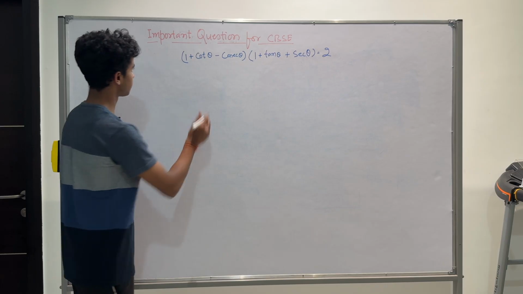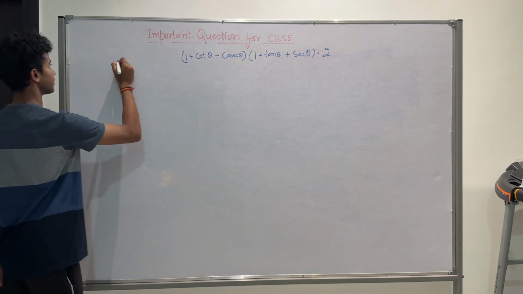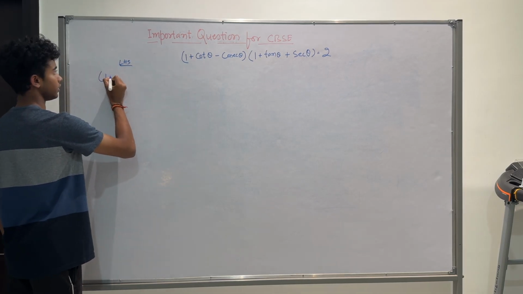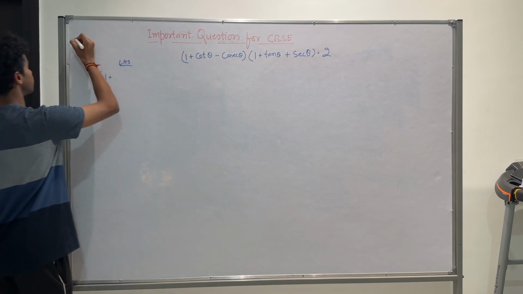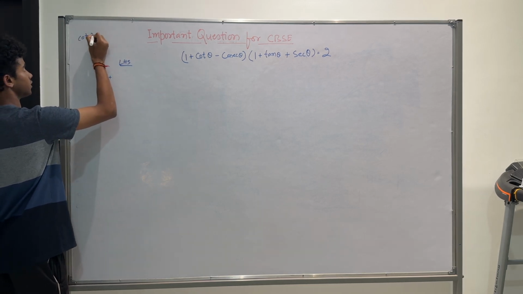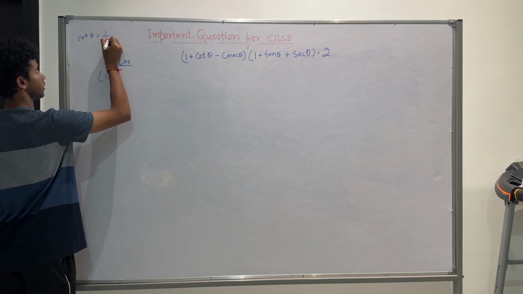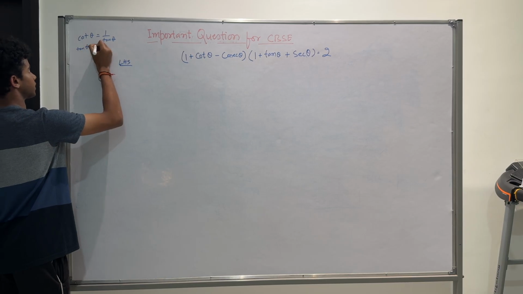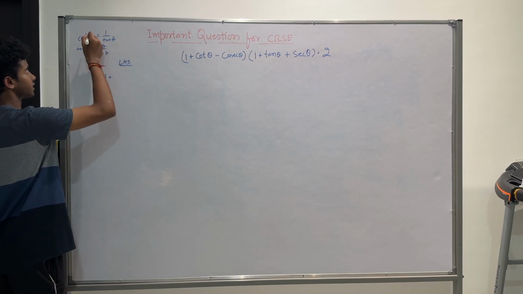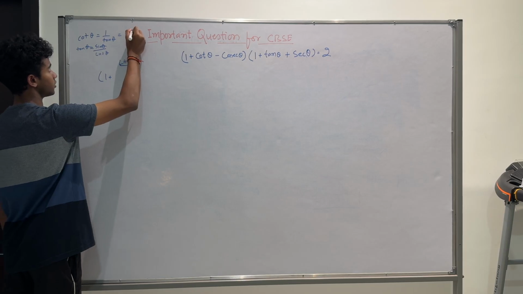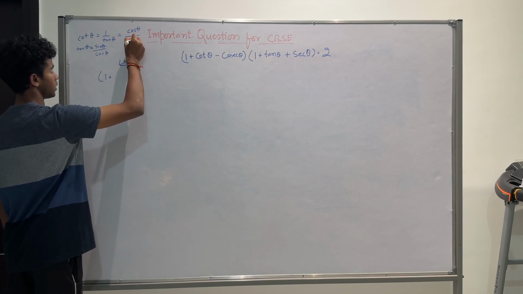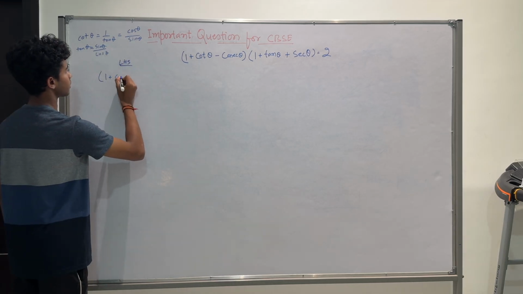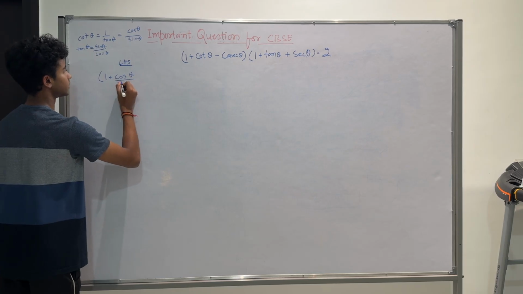So we begin by considering the left-hand side, LHS. So let's write it. 1. You can write cot theta. So you write, cot theta is equal to 1 by tan theta, and then tan theta is equal to sine by cos theta. You can say that cot theta is equal to cos theta by sine theta. Let's write that down. Cos theta by sine theta,